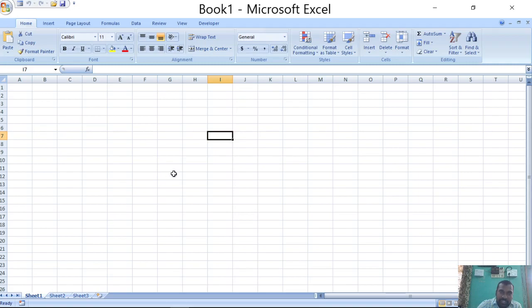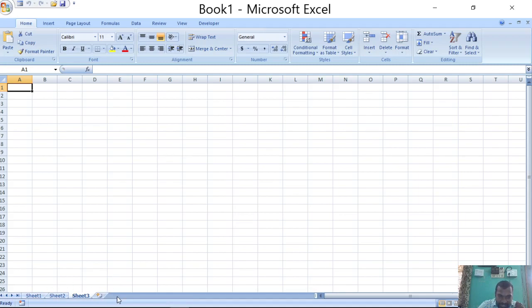By default every book in Microsoft Excel is created with three default sheets, Sheet1, Sheet2, Sheet3, and you can create more sheets with the help of the insert worksheet option or icon, or you can also use the Shift plus F11 function key to create a new worksheet.